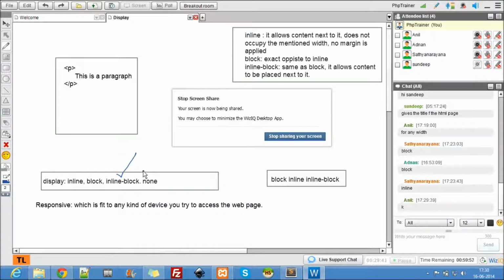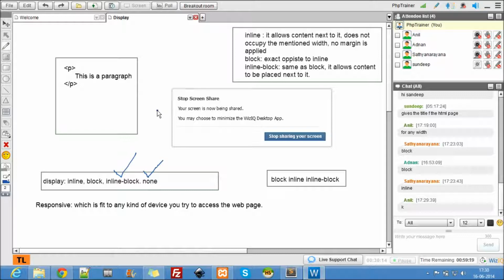Okay, so we see how these can be used in JavaScript. You see those cool animations in web pages, where an element comes and goes, shows one time and hides another time. That can be done using the display property. We'll see that in the JavaScript class: how we can show and hide things using a button click, or automatically show and hide elements. That can be done using JavaScript.